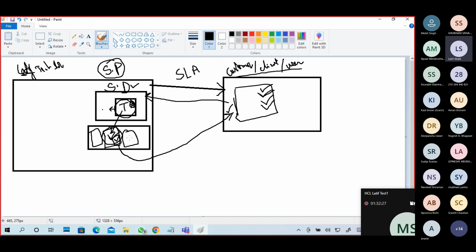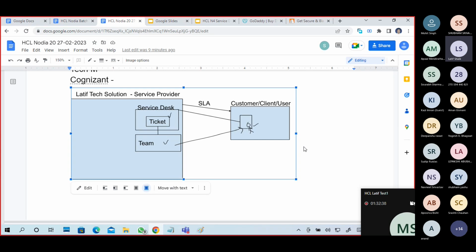Once it is resolved, they close the ticket. So this is the ticket life cycle in the service desk. The same thing I've written here.